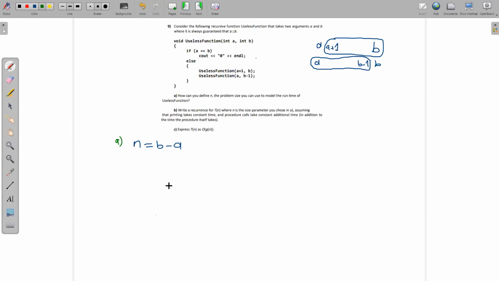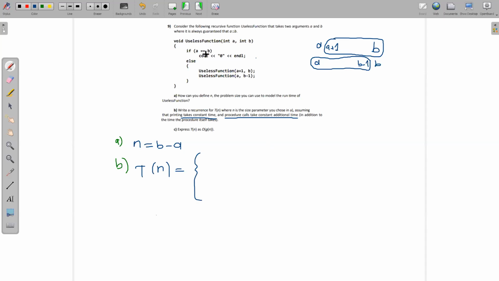And the b part, write the recurrence for T(n) when n is the parameter you choose in A, which is that one. Printing takes constant time, and procedure calls take constant additional time. And let's write this one. T(n) equals to,